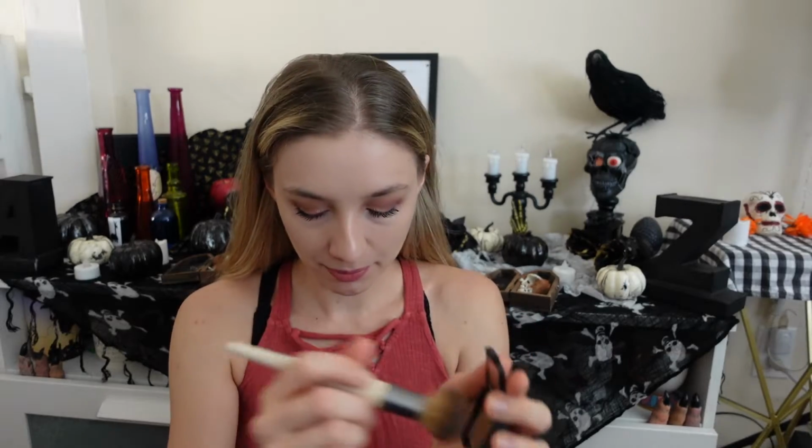Gonna do the Laguna bronzer. Just gonna dip, dip, dip, dip, dip. Not a huge bronzer person, but I've been kind of enjoying it lately. So I'm just gonna do it super lightly, very, very lightly. And I feel like the bronzer with this look kind of ties it all together. I think it highlights the nice cool browns and orange and everything else that we have going on our